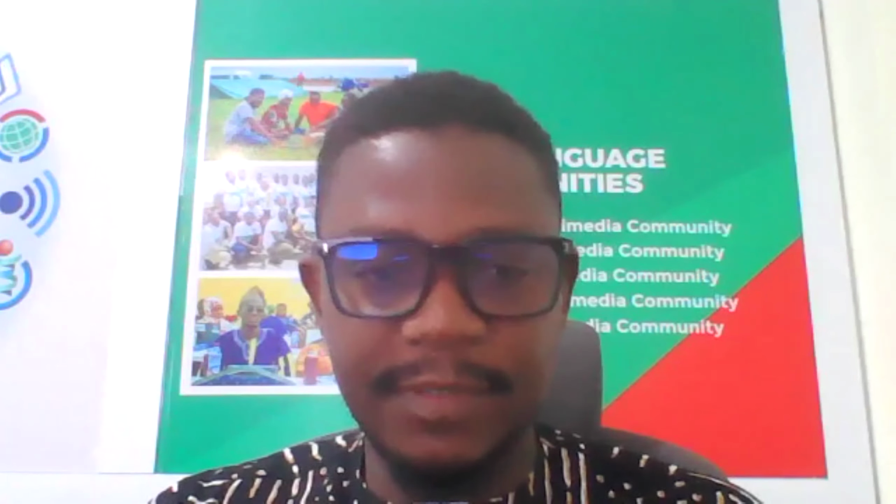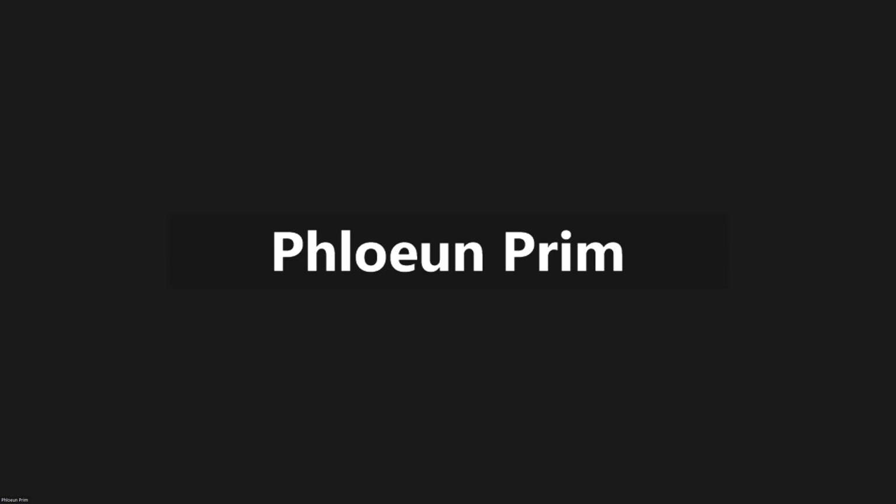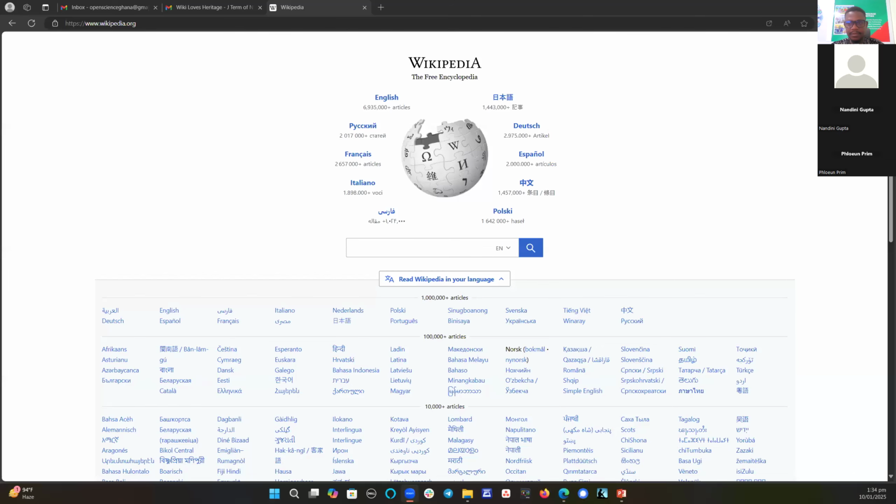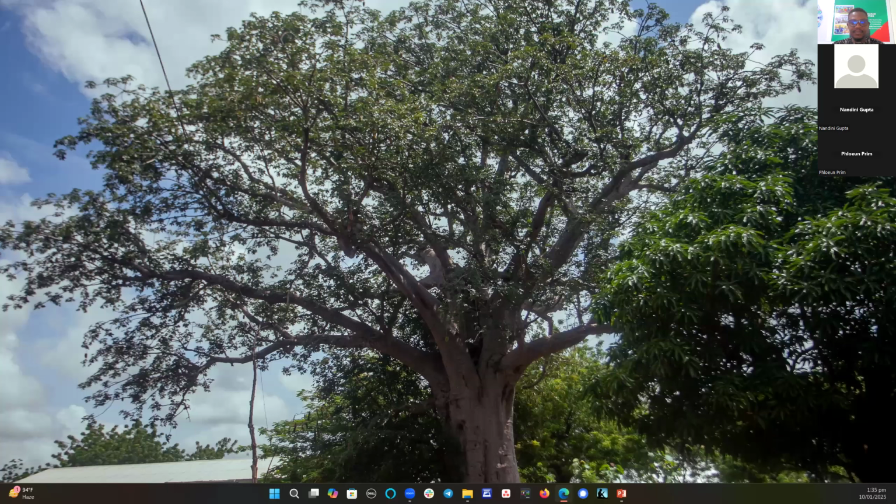So, wikipedia.org. Can everyone see my screen? No? Not yet. It's loading right now. Yes, we can see it now. Okay, great. So if you open wikipedia.org, is it my computer screen or the Wikipedia homepage? The Wikipedia homepage. Oh, okay, excellent. So I'll just pull my screen to this computer.